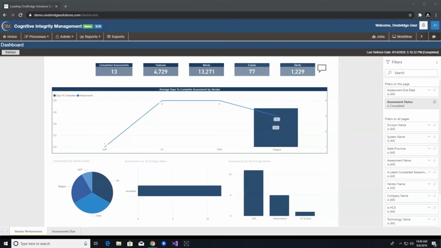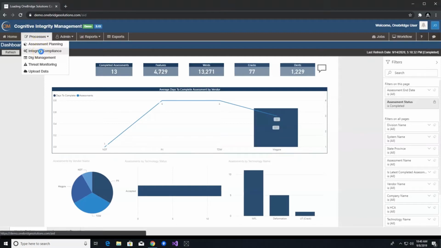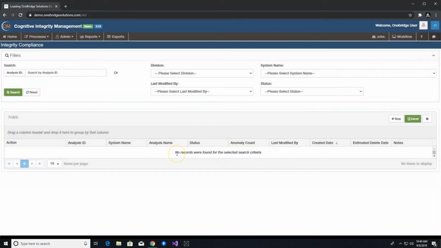Once you log in to Cognitive Integrity Management, you will select Integrity Compliance under the Processes tab on the main header menu. The layout of this screen is very similar to the Assessment Planning module. However, rather than creating an assessment, you will be creating a series of analyses. Let's start the process by creating a new analysis by clicking the New Plus button on the top right corner